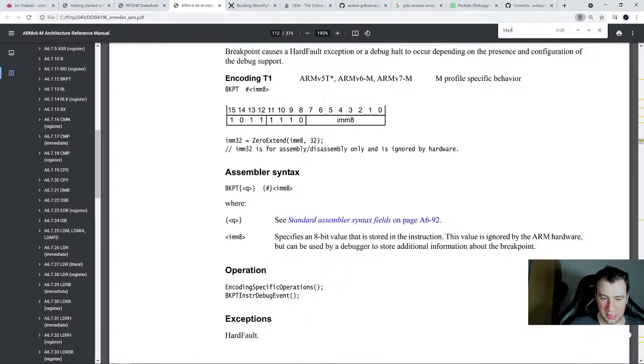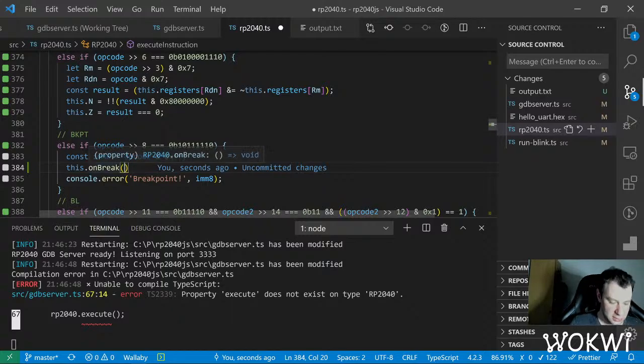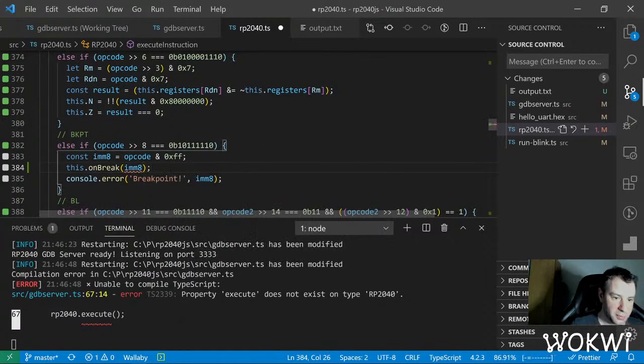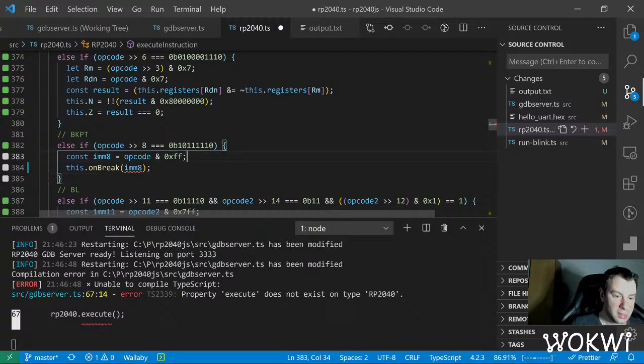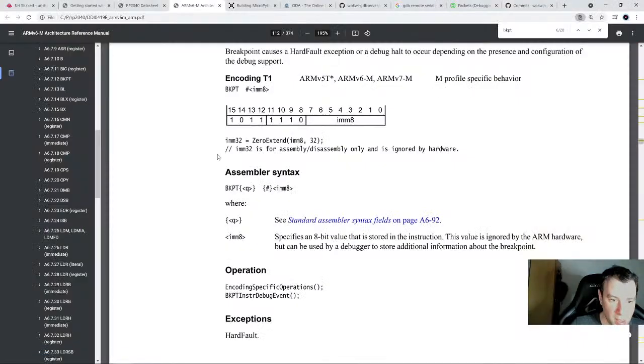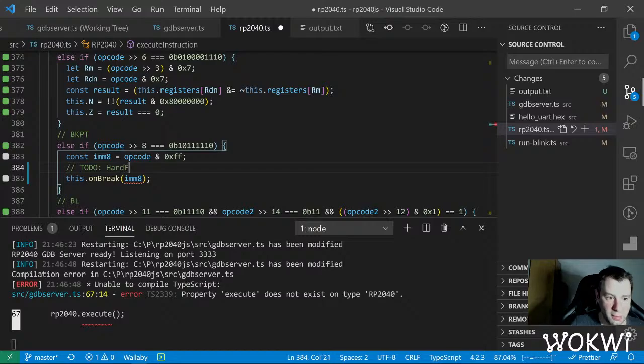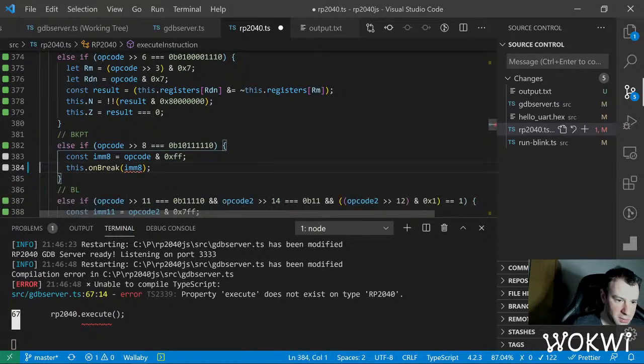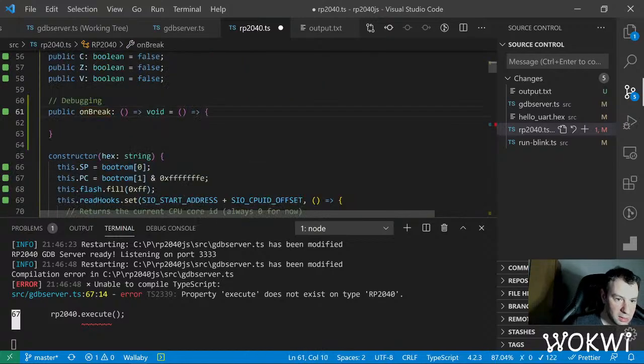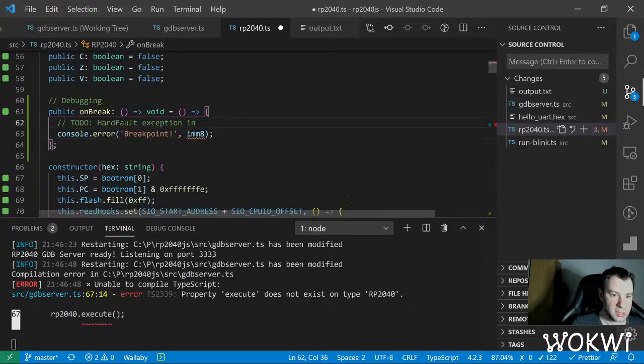The 8-bit immediate is ignored. We can just pass this value to the breakpoint handler, and maybe the hard fault exception should go into the break as well, because in the default implementation, raise,